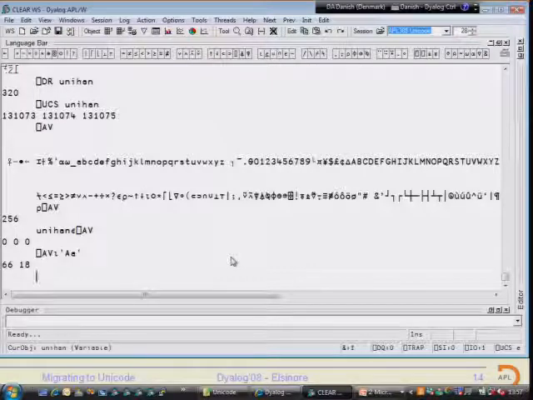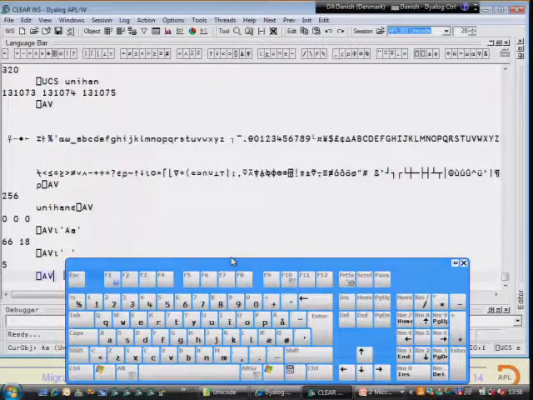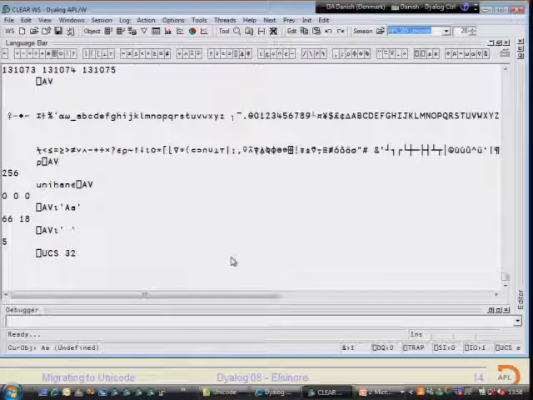Yes, Jim? Is there only one space, the same everywhere? Space character? Or is that function point or something unique? You mean blank? Yeah, there's only one, as far as I know. And it's where it used to be. Yeah. But these days you should not say quad AV sub 5, you should say quad UCS 32. Right, because space is 32. Quad UCS quote blank quote, just to make sure we get a 32 back.